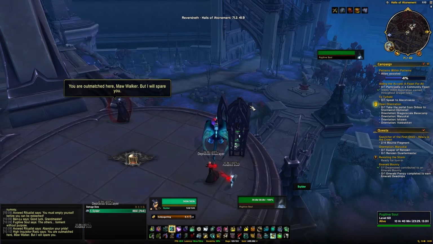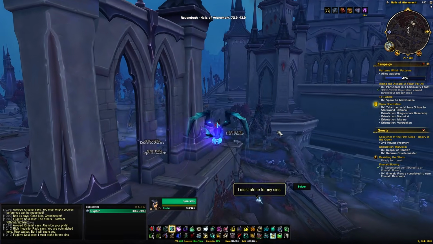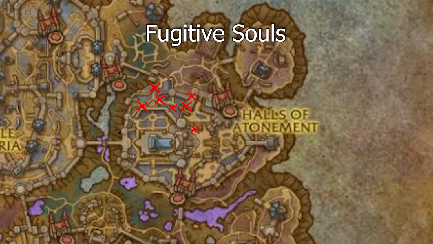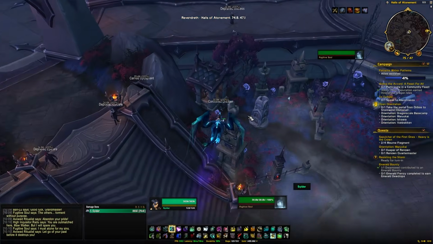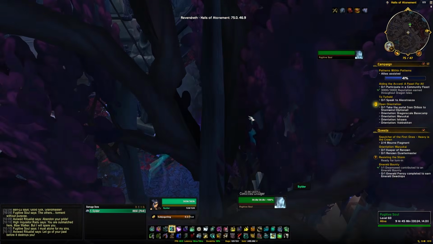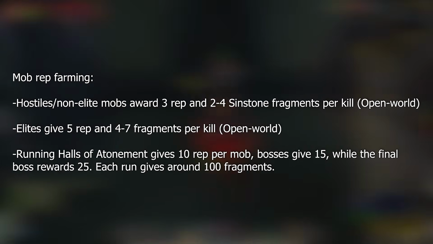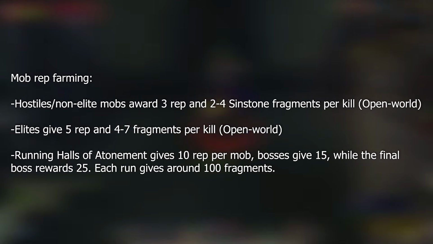And then once we're Honored, there are going to be a few ways of gaining reputation, but the one that I would recommend is going to be finding these fugitive souls who are outside in the kind of uninstanced version of the Halls of Atonement. You'll fly around there. I definitely recommend making a macro. You'll find them, you'll go and click on them, you'll hand them in, and then once you hand them in, you'll get some reputation, but there'll also be these little blobs that pop out, and killing these blobs will give